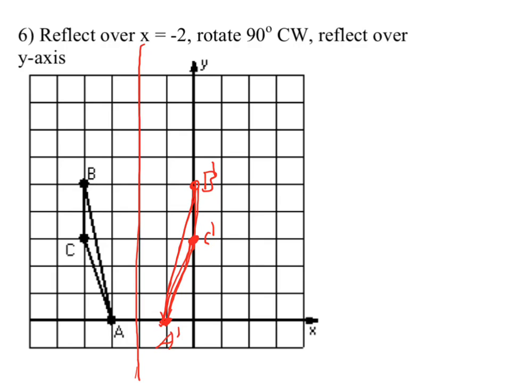So we got that, and we rotate 90 degrees clockwise. In case you forgot, xy goes to y negative x. So you take your coordinates, change the order, and then change the sign on your new second one. So A prime is currently at negative 1, 0. If you change the order and change the sign,